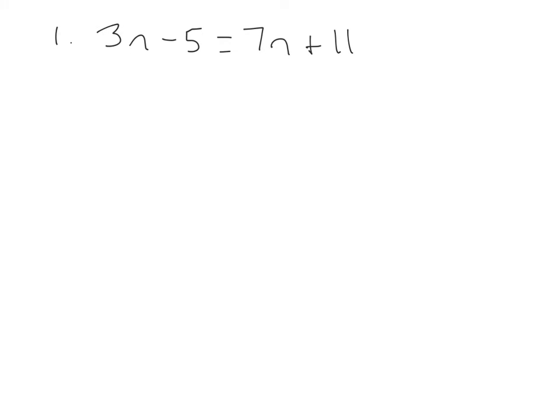On our first example here, just notice that we have two terms with a variable on both sides of the equation. So let me just draw my line here. I want to determine which is the smaller variable term and move it to the other side. So 3n is the smallest, so I'm just going to subtract 3n because it's positive. If you want, you could throw that positive in there so you know what to do with it. The 3n's cancel there, so just drop your -5 here, and then we just calculate the right side. 7 minus 3, that would be